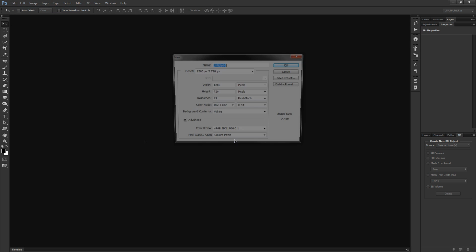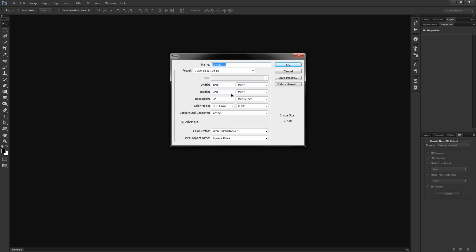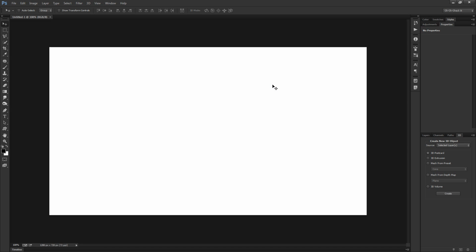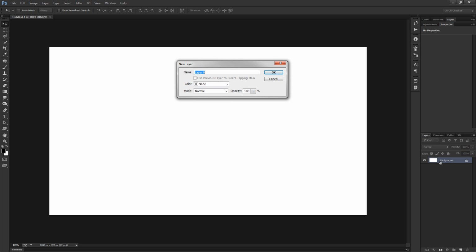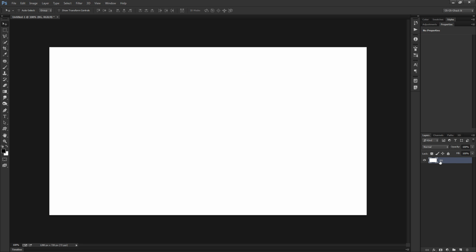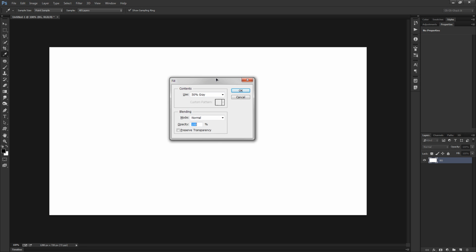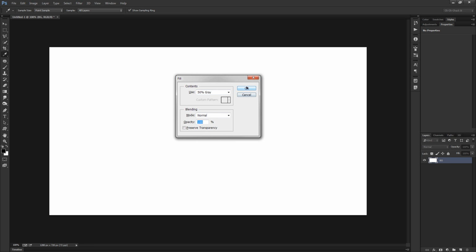So let's go to File, New. Just for the sake of keeping things simple in terms of render time, I'm going to keep this at 1280 by 720 with a white background and hit OK. I'm just going to set up the file nice and simple. Let's double click the background layer, rename that BG, hit OK. And let's hit Shift Backspace or Shift Delete to open up the fill dialog and just use 50% gray and